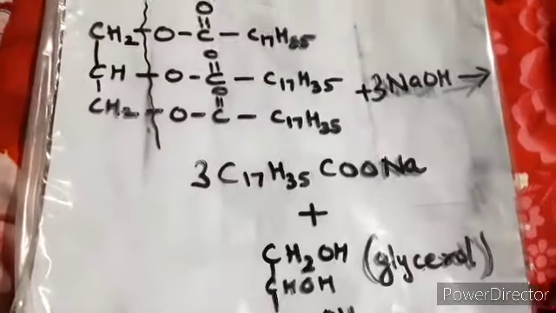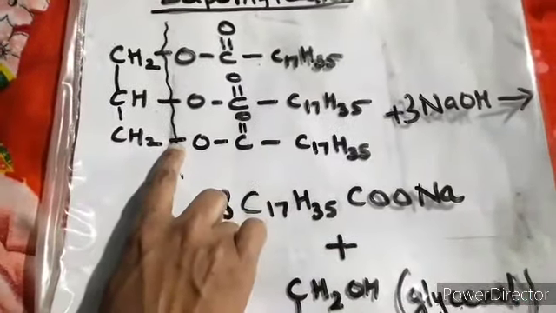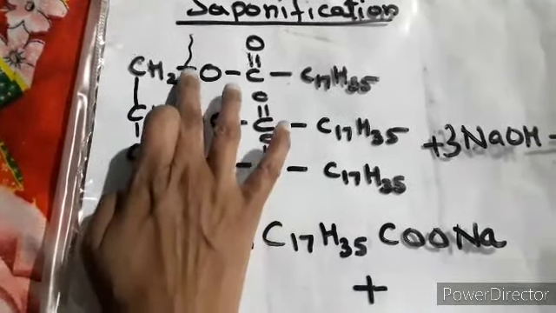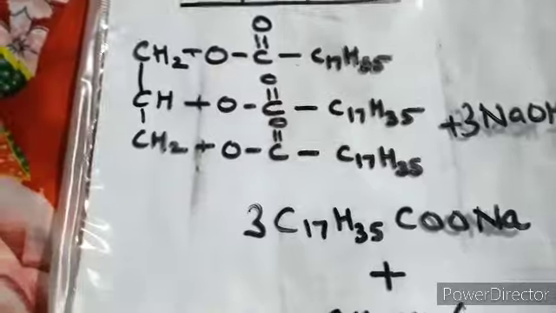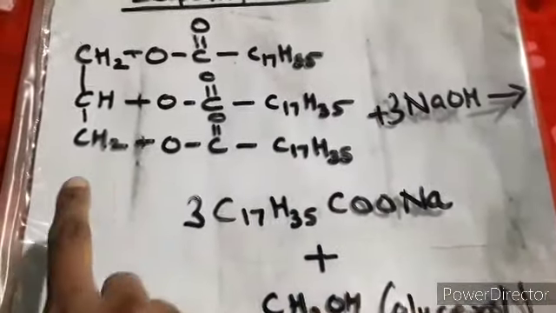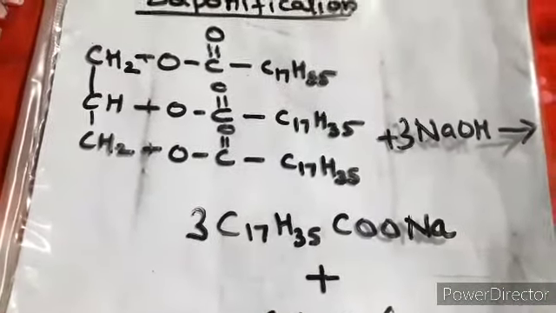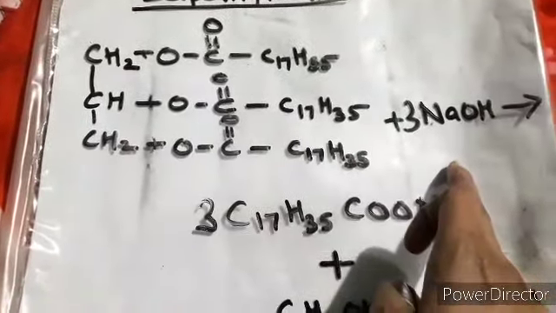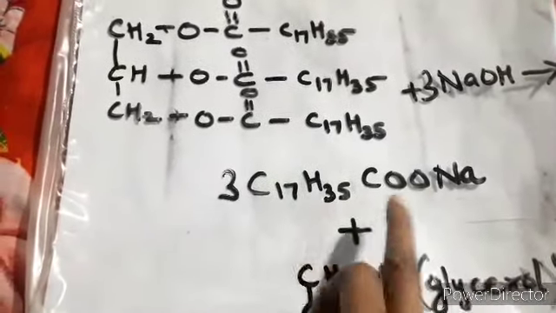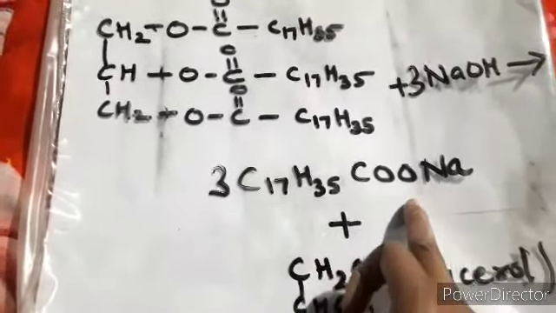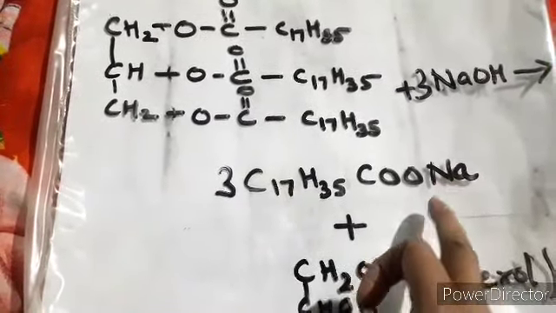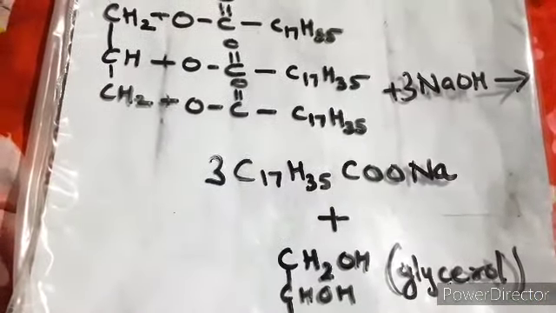So this way you will get the reaction, and just this part you have to remove, because I have just explained how you can make your reaction, but you are not supposed to write it down this way. So this way you will get the reaction that this particular glyceryl ester of stearic acid, which is a fat, reacts with sodium hydroxide, and it gives you sodium stearate, which is a sodium soap, and this way you will get glycerol. So this will be your outcome, and you can have your reaction.